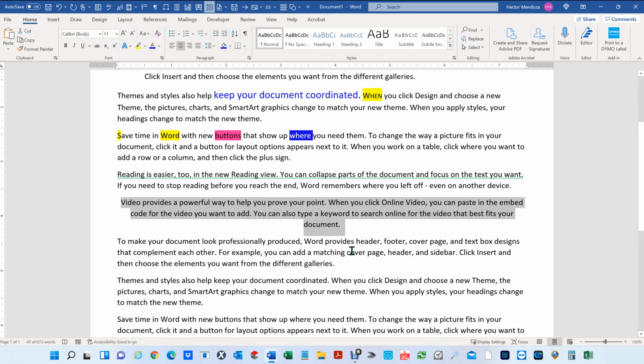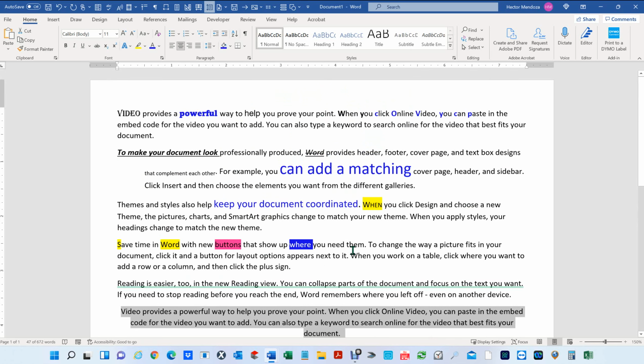Anyway, guys, that's a little bit of some text editing that you can do. There's other stuff that I want to show you, but I don't want to get ahead of all this other